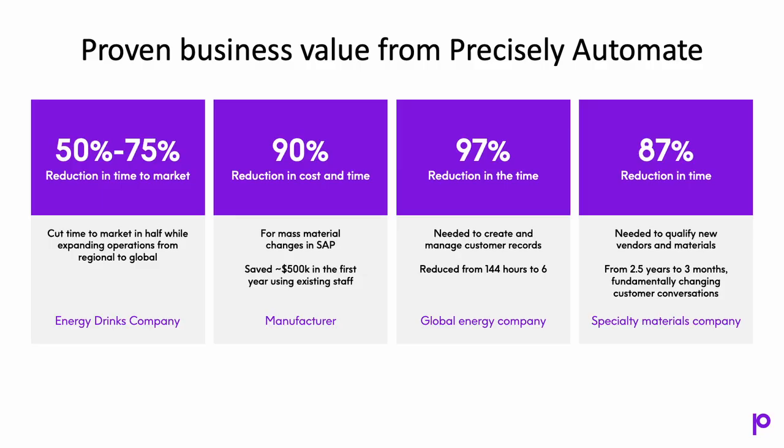So a couple of examples of where we've helped enterprises. But if you think about it, the beauty of SAP is that whether it's an enterprise or an NGO, in many cases the challenges are the same. SAP creates the same set of challenges. There was an energy drinks company that had a highly manual process for creating new products. Think of it as product data management. What they were able to do was automate that process and streamline it significantly. So for them, it was the ability to get a new product out the door very quickly. They cut their time to market in half, while at the same time expanding globally.